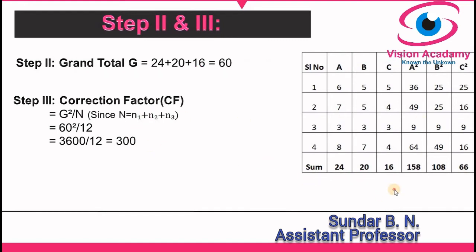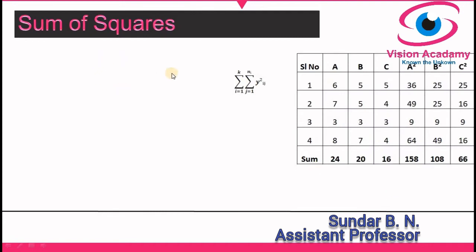Then let us move to the next step, that is the sums of squares. In the sum of squares, let's calculate step 4, that is the raw sum of squares. On the right side I have again copied the same table where I squared and made the sum of all the squared and other values, which will be used directly. We can take the values that I have calculated here for the further steps.